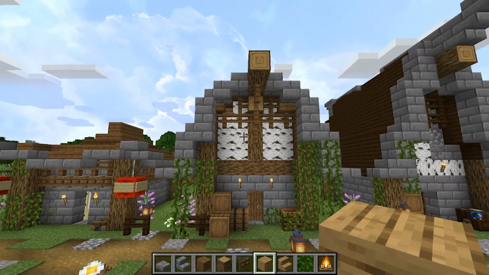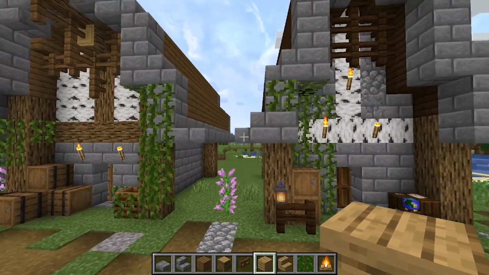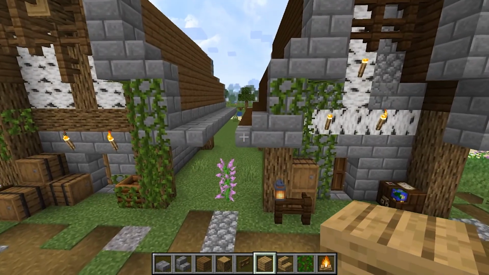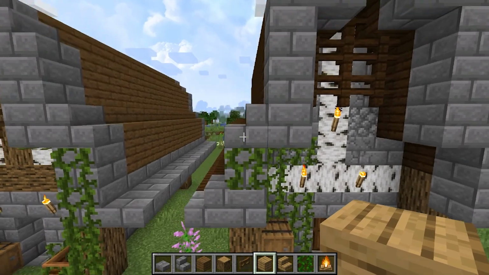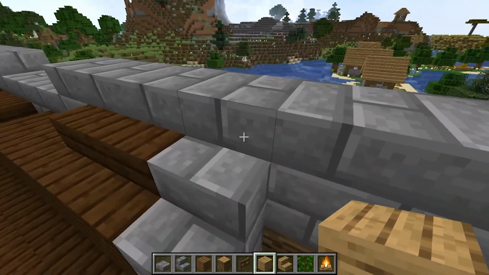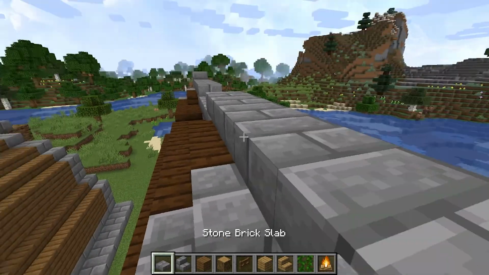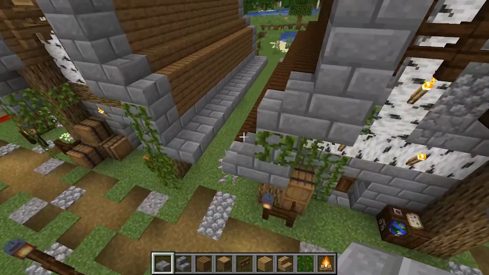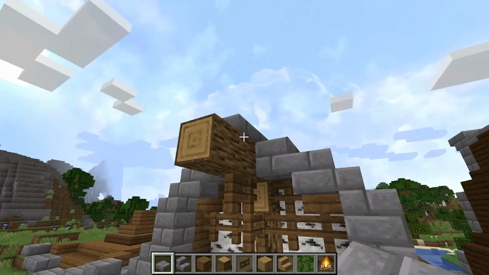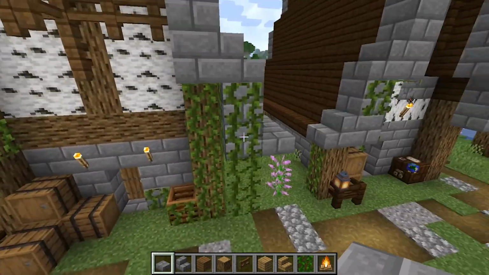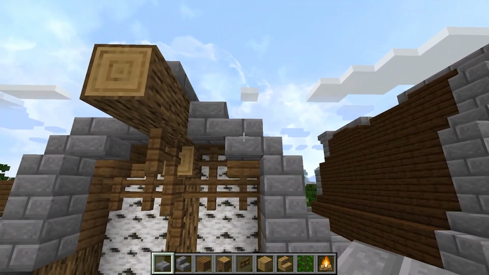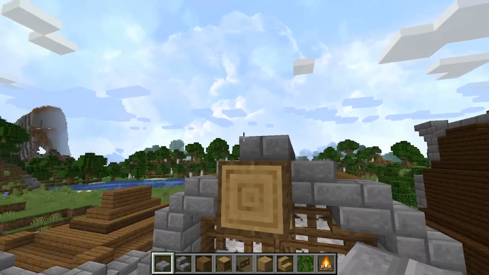So these more unique types of roofs actually work more like an exponential curve, you could say. So for example, it goes 1 over, 2 up, 1 over, 3 up, 1 over, 2 up, and then 1 over, and none up. And I just put this little thing on top for decoration. And then this roof, for example, is basically the opposite. So it goes up 3, up 2, up 1 block, and then up half blocks up to